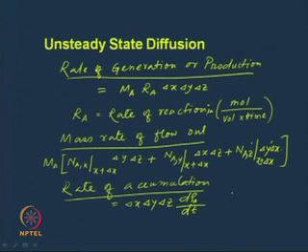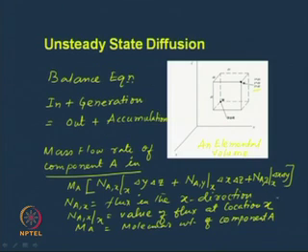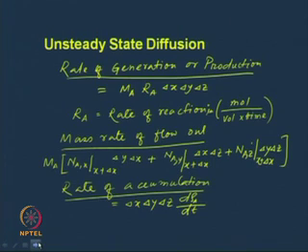So, now if we just write the equation number 1, so equation number 2, this is 3 and this is 4. If we substitute these 4 equations in the original balance equation,